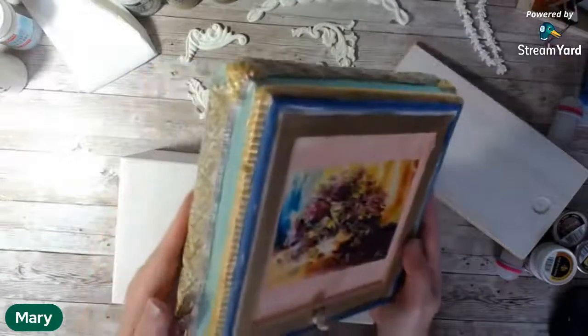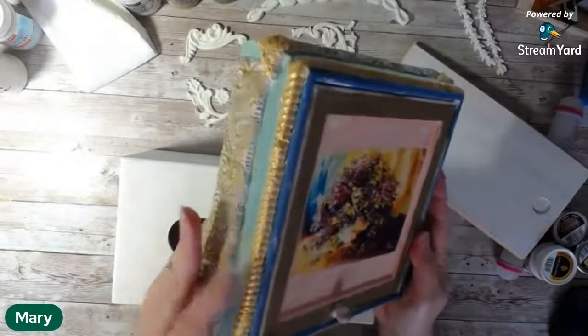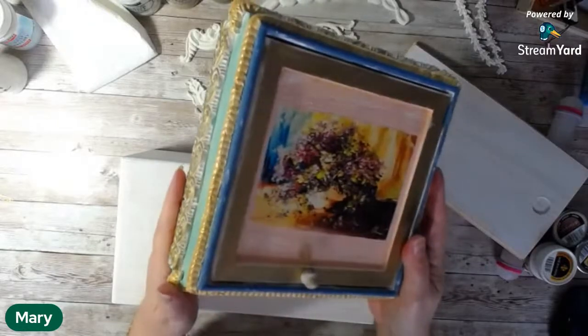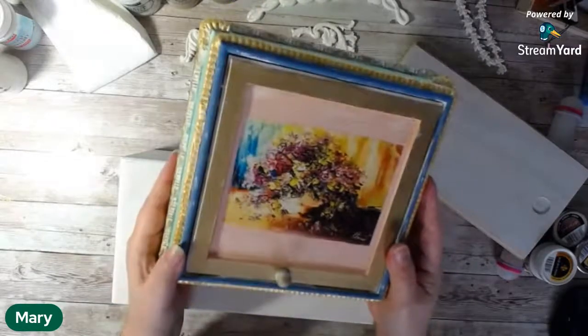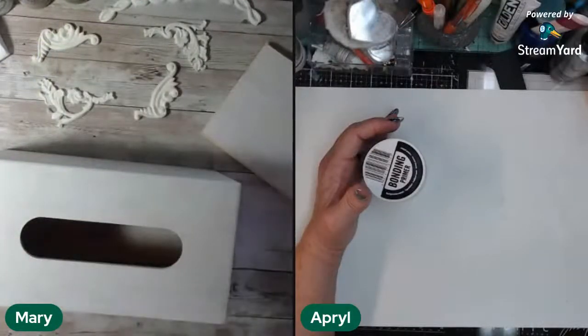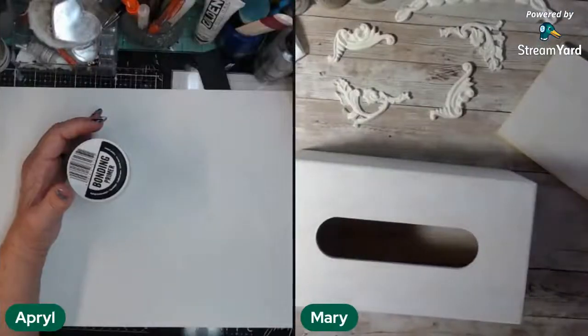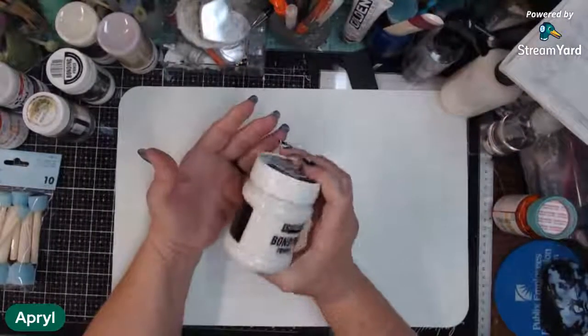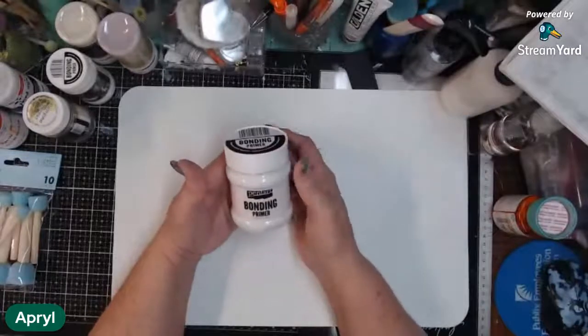So it actually is very pretty, the sparkling gold. It's a light, bright gold. It's gorgeous. When it goes on, it looks like it's a little bit invisible, but it's really not. When it dries, you can see it really, really good. But this bonding primer for the big one is $15,